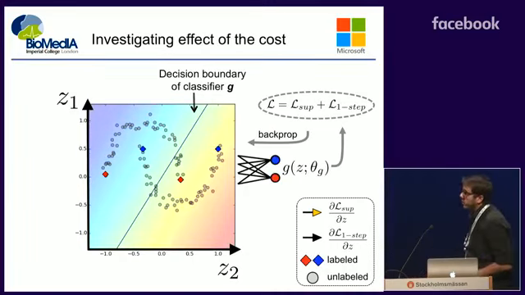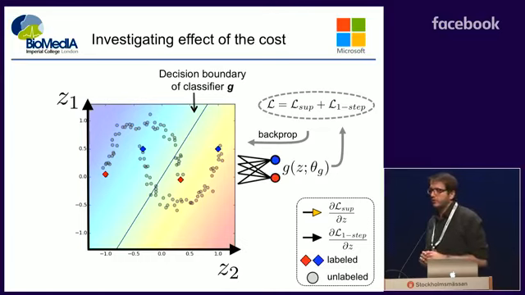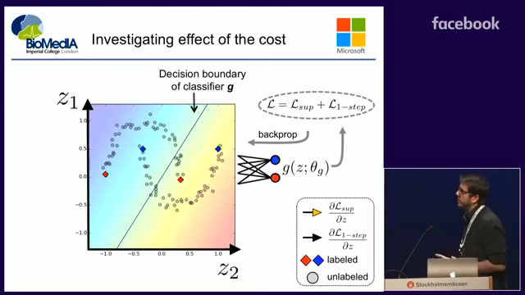Here, we will start investigating the effect of our cost function. To do that, we're going to create a synthetic 2D latent space, and place on it ourselves, in an arrangement like the two moons that you see here, synthetic embeddings of samples. There is no feature extractor, because I want to isolate the effect of the cost function and how it's going to try to change the embedding space.